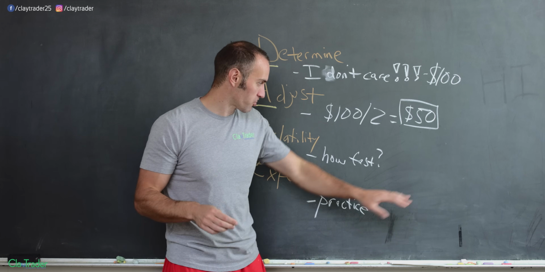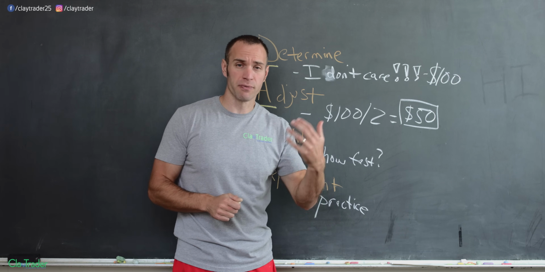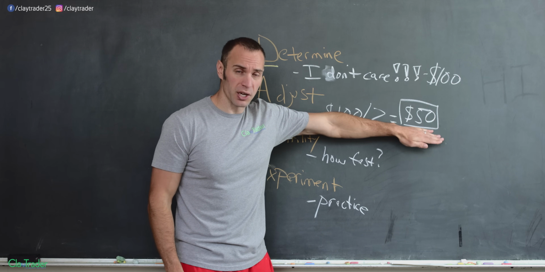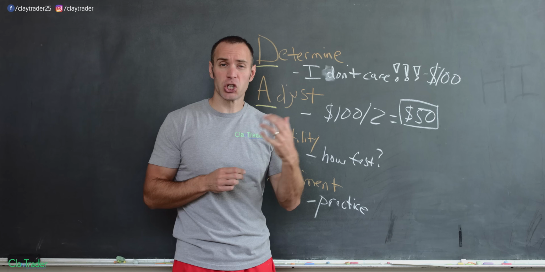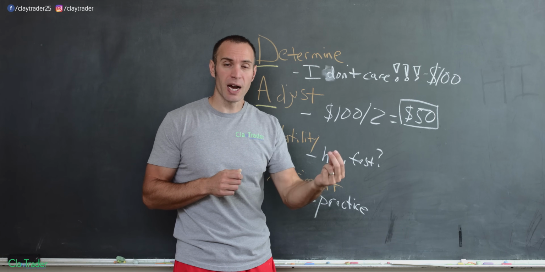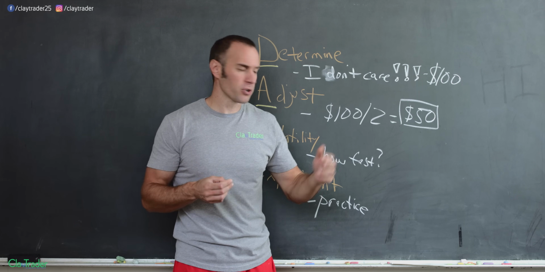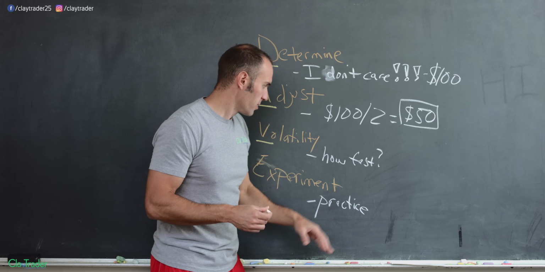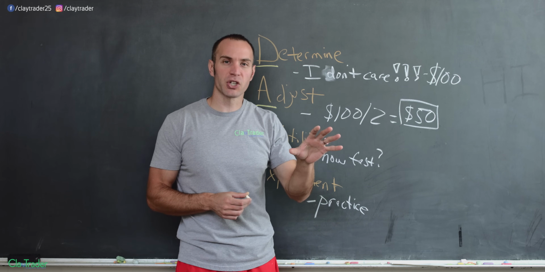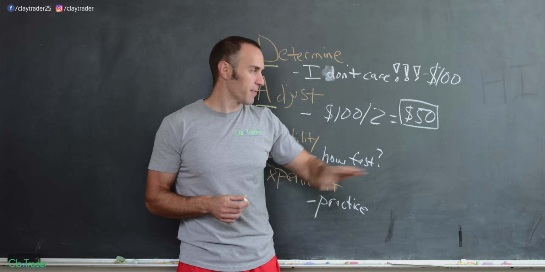And once more, to really just reiterate the math, if you determine that you think a stock can move $2 very quickly, and if you know that you're willing to lose $50, then that's going to tell you how many shares you should actually take in the position, which would be 2, right? Because if you lose $2 per share, then that's going to get you to not 2 shares. You're going to be at 25 shares, right? Because if you have 25 shares and you lose $2 per share, then you're going to have the $50.